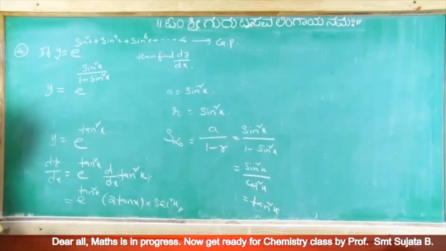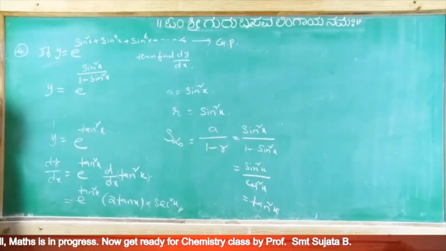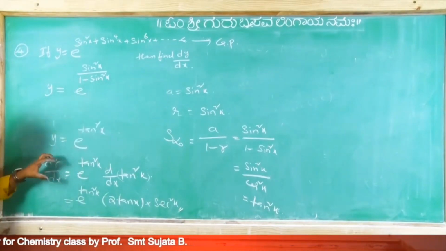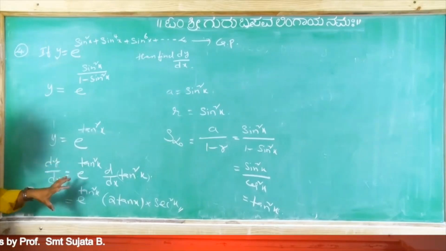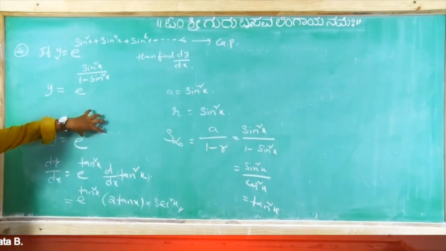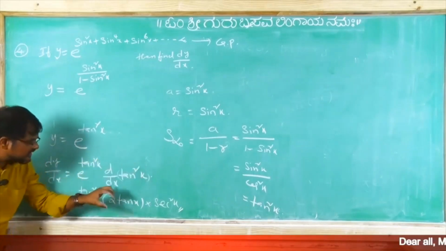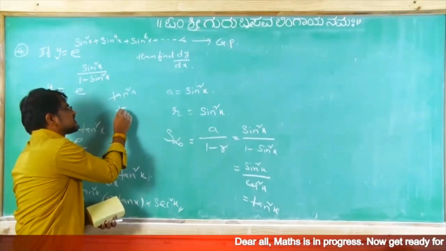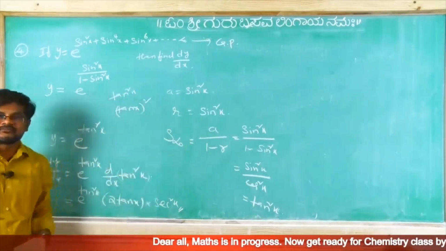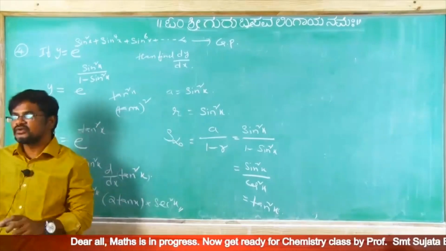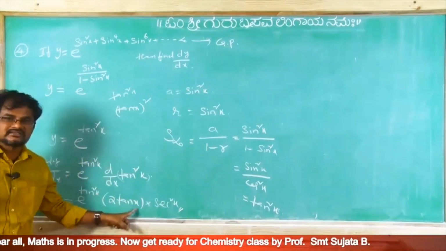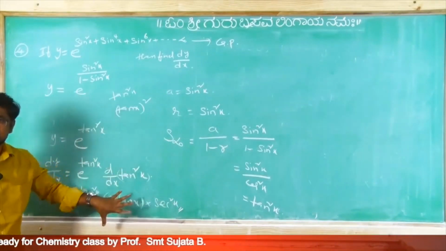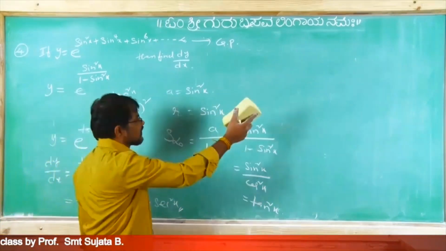So once again, listen here. From here y equal to e power tan square x. Here it is in the form of e power x. d by dx means differentiating with respect to x. If you take e power x as it is, again we have to differentiate the power. d by dx of tan square x, here tan square x can be written as tan x whole square. Differentiation of x square formula is 2x, so 2 into tan x. Again differentiation of tan x also we have to do, which is secant square x. This is okay, right.